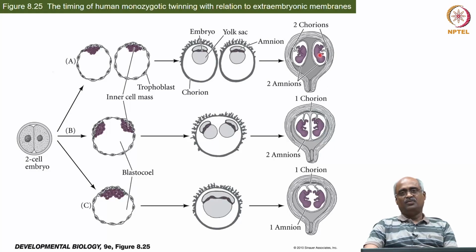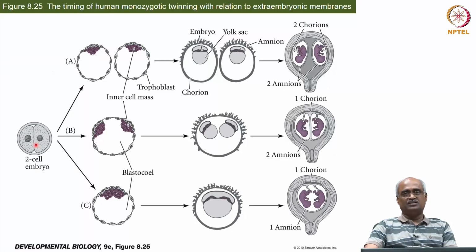These are not fraternal twins. Fraternal twins arise from 2 oocytes getting fertilized by 2 sperm at the same time and developing. In one pregnancy you have 2 fertilization events, that is fraternal twins. So we are not talking about that here. We are talking about twins that arise from single fertilization, and this is possible simply because of the totipotency of